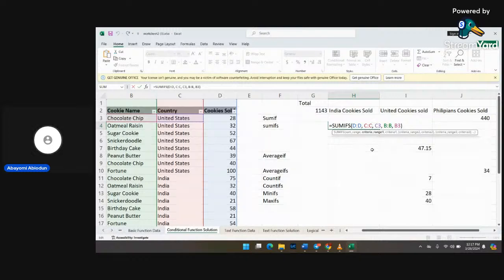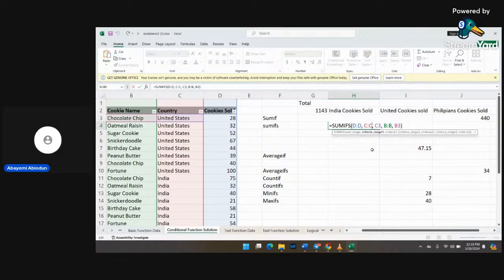So what is the first criteria? We want to work with the country, and from that country we want to work with United States alone. But we need to highlight the column where the country is, then pick the country that we are trying to work with, which is, we can pick United States, we can pick India,